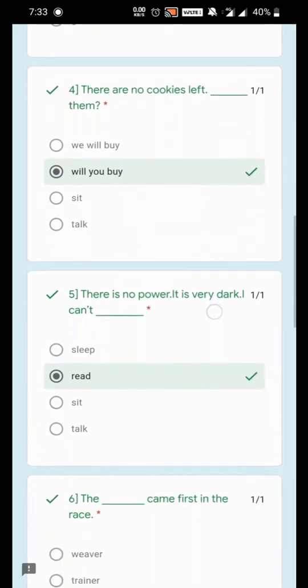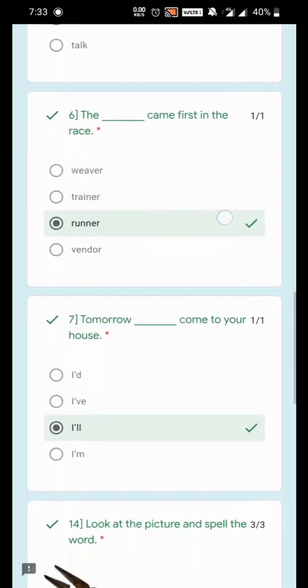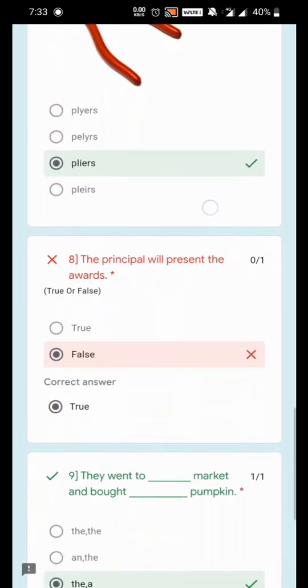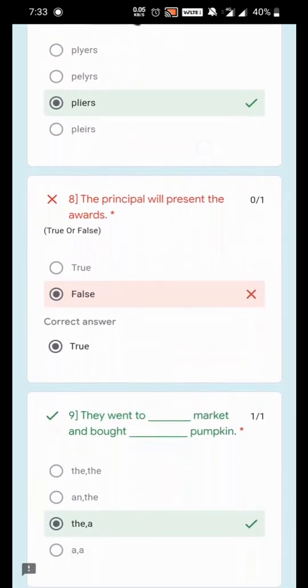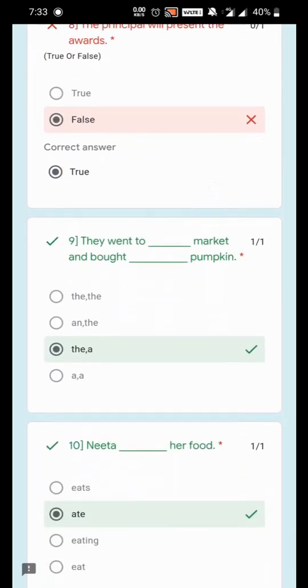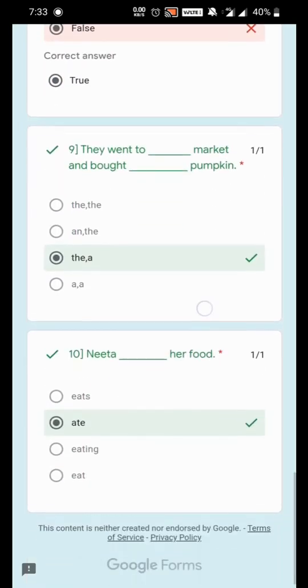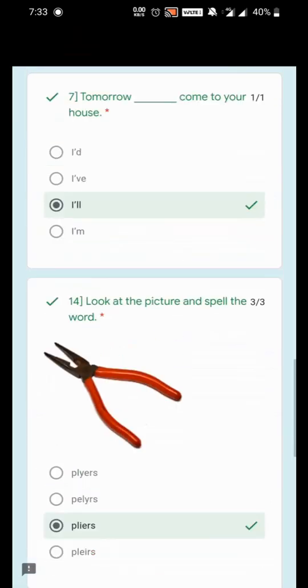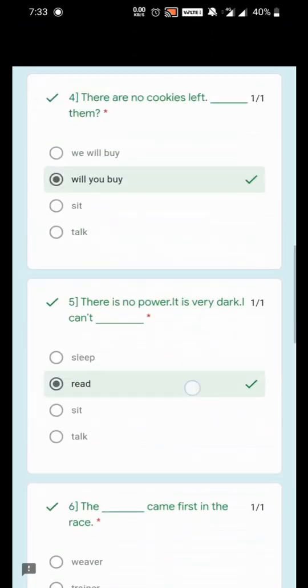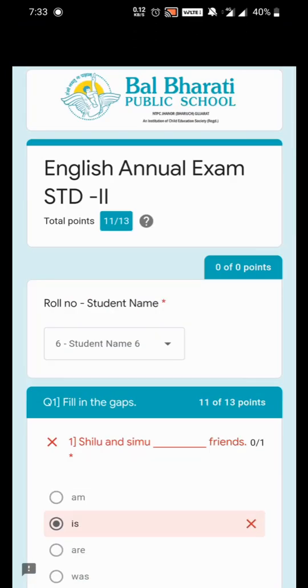You can just scroll down and see which questions were attempted correctly by you and which questions were incorrect. I again repeat, this cross sign or the red bar means the answer that was selected by you was wrong and the right answer will be mentioned at the bottom. This green tick means that the answer that was selected by you was exactly right and the marks for that question is awarded. Okay, I hope you all understood the method how you are giving your exams.